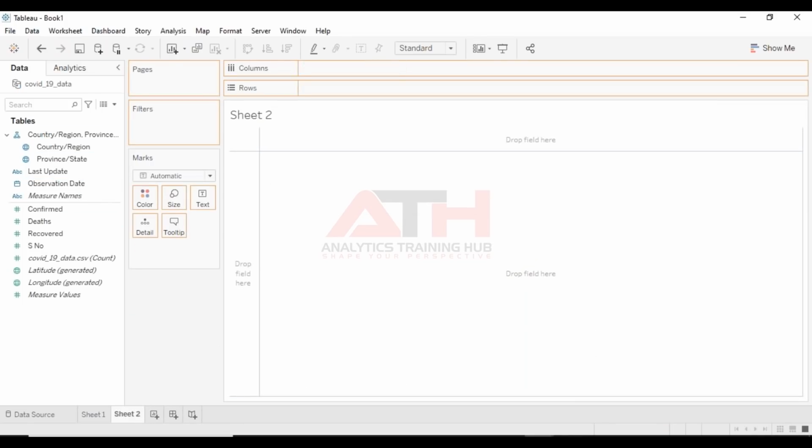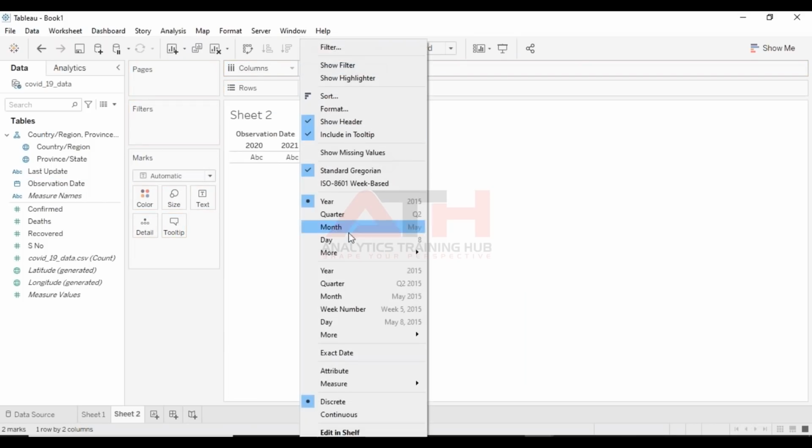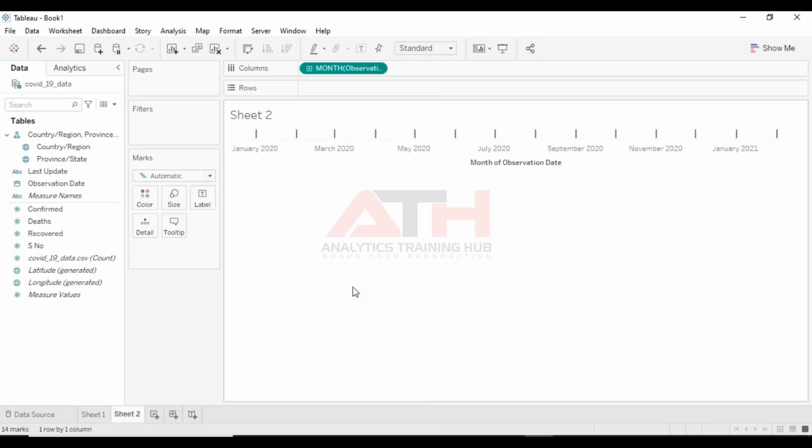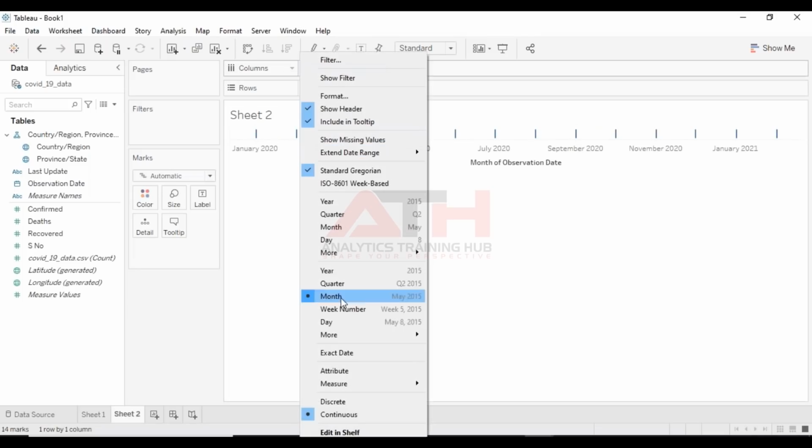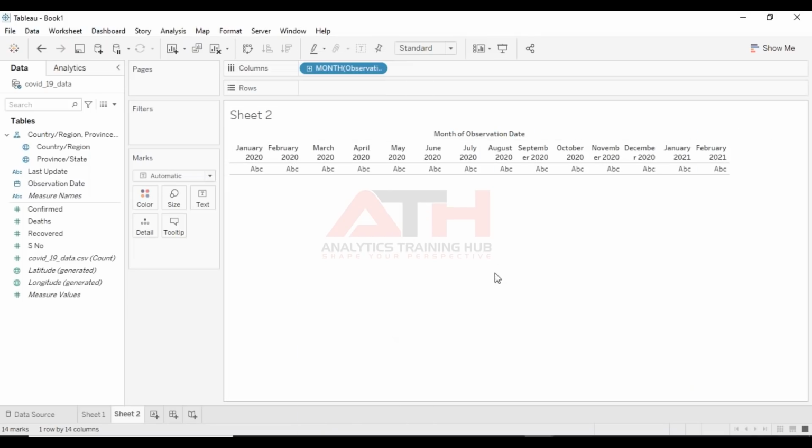Let me just put this observation month here. Again, let me change it to the timeline here and then make it discrete. And then instead of putting each one of them individually like what we did last time, we can just simply place this measure value in the row shelf.